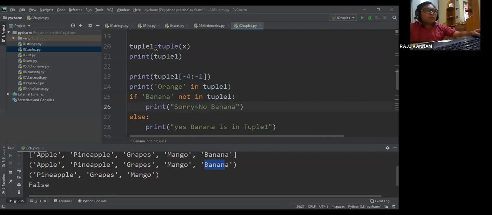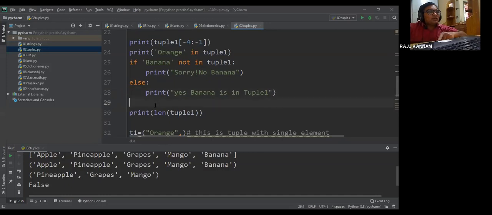Otherwise, yes, banana is in tuple 1. Now from this, what will be the answer?